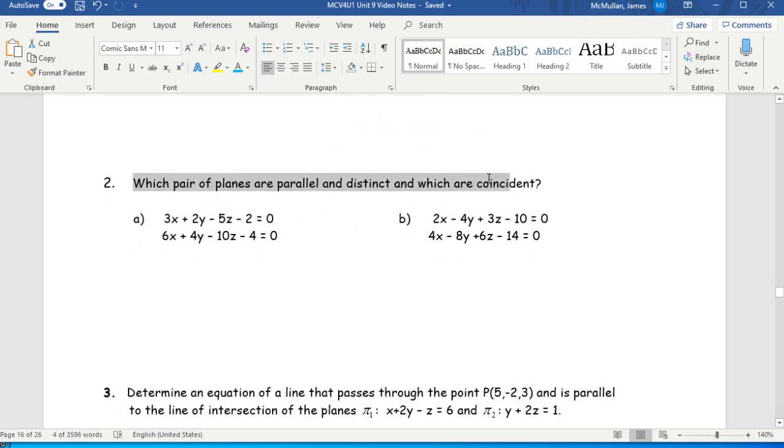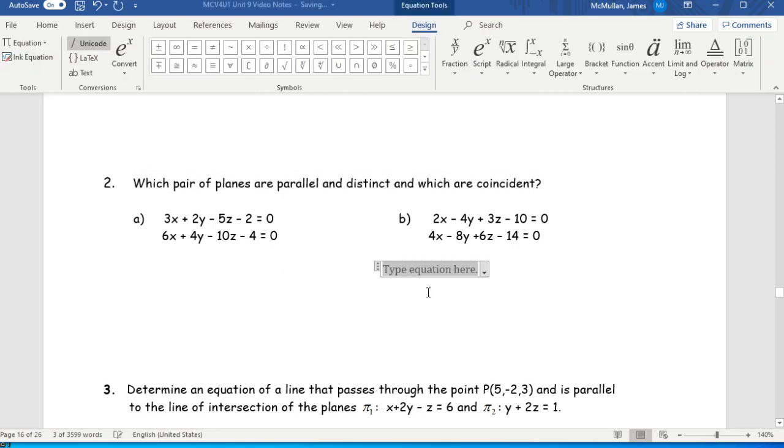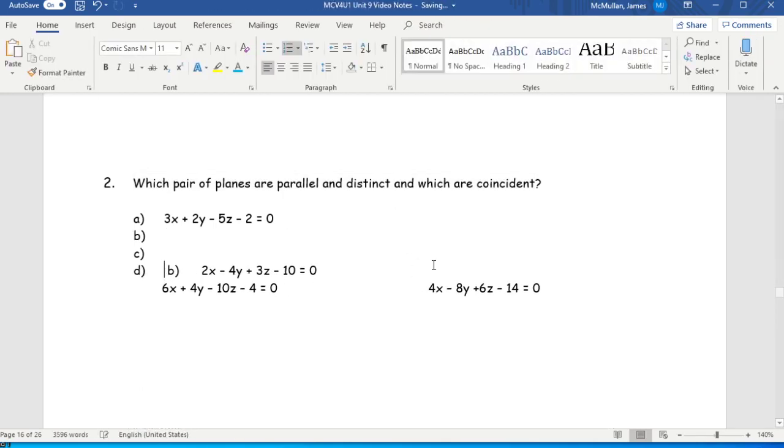Which pair of planes are parallel and distinct, and which are parallel and coincident? So first of all, you notice for the first one here,